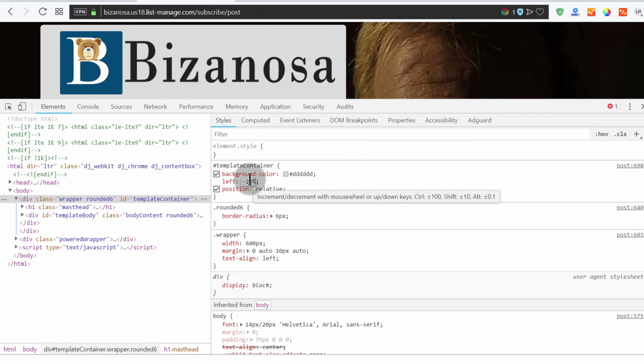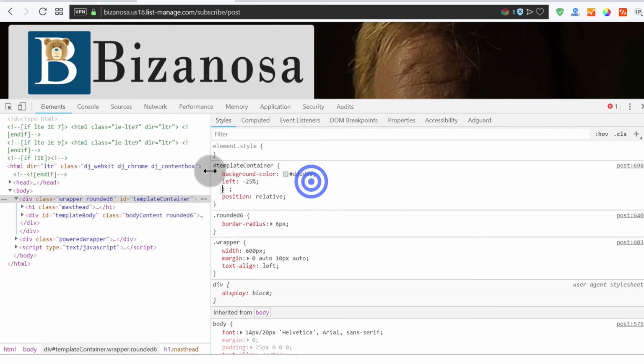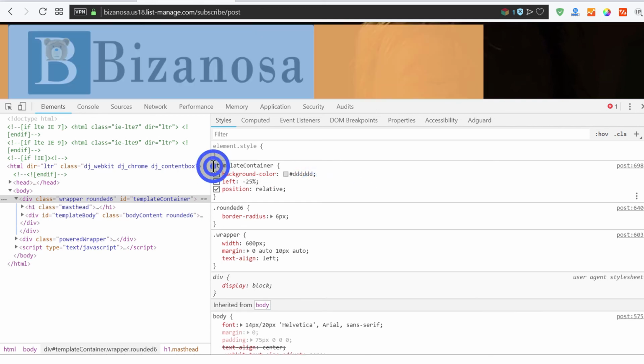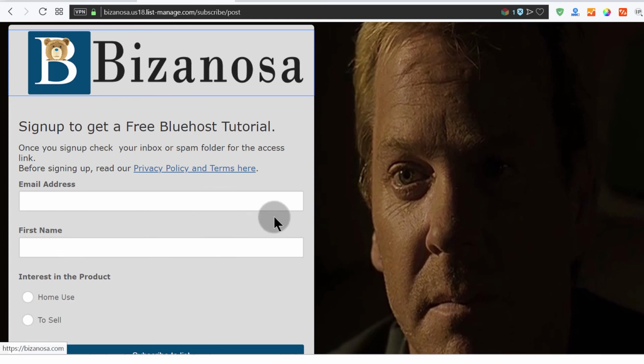Negative 20%, negative. So of course, this is something that will have to be inside of a, what's it called? Inside of a media query. Okay, so a media query